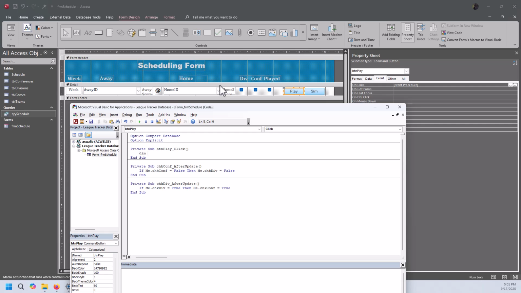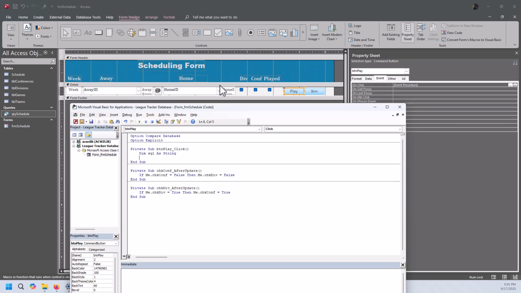Let's do this with SQL. Easiest way to do it. And I declare it as a variable because it makes it easier to debug. If I just say RunSQL and then put a string, if something's wrong, I have no intermediate way to check the value of the query, what the query is. So it's a practice I always get into. All right, where were we? Okay, so we're going to say UPDATE tblGames SET IsPlayed = True WHERE GameID